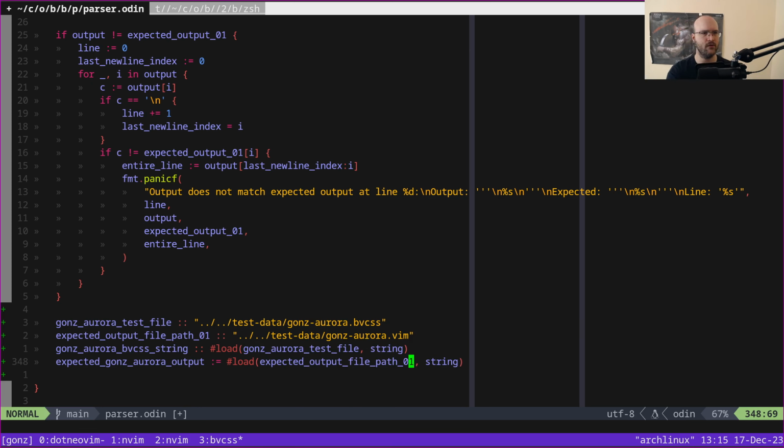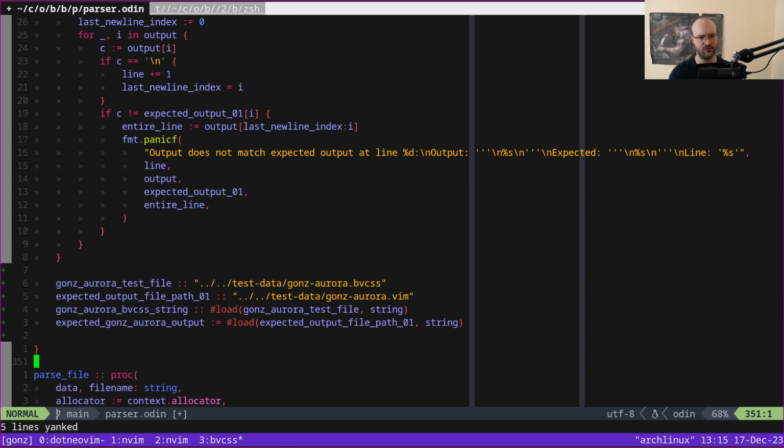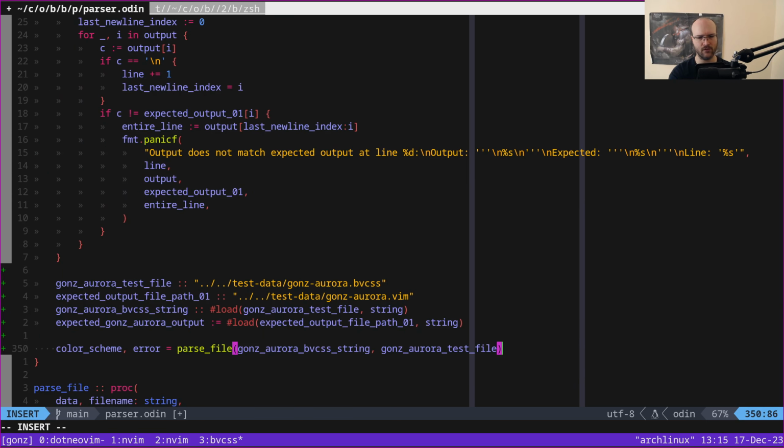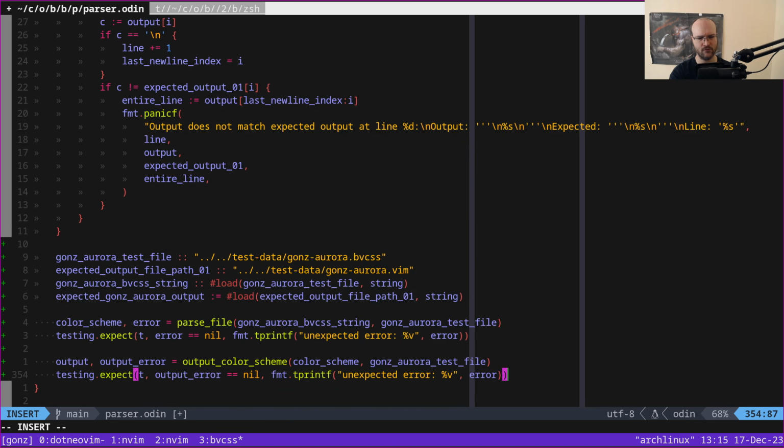Now we have this. We can probably make a function out of this, by the way. Let's parse all of this stuff. Actually, I'm pretty sure Copilot can do this for us. We expect no errors, of course. We're gonna output this to a string, obviously. And then